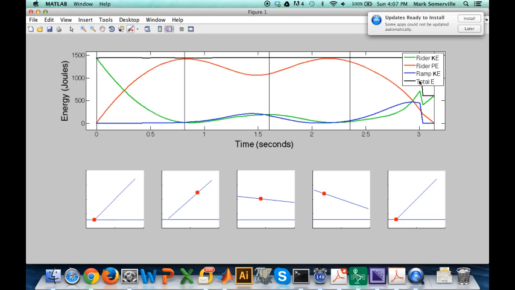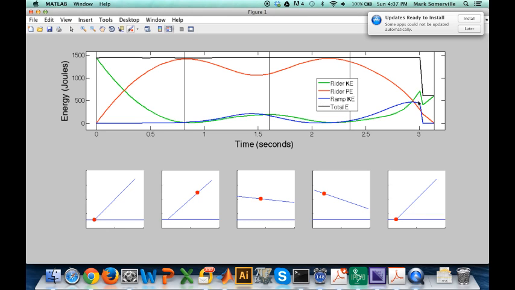You can also see that the total energy of the system now really looks pretty darn flat. And these sort of blips in it are much more likely to be numerical issues, but it's not doing the sort of funny business that it was doing before. Now you will note that there's this real drop in the energy at this point, and that has to do with the fact that there's actually a requirement in the code that when the ramp hits the ground, theta dot goes to zero, that the ramp doesn't bounce, that there's an inelastic collision between the ramp and the ground.